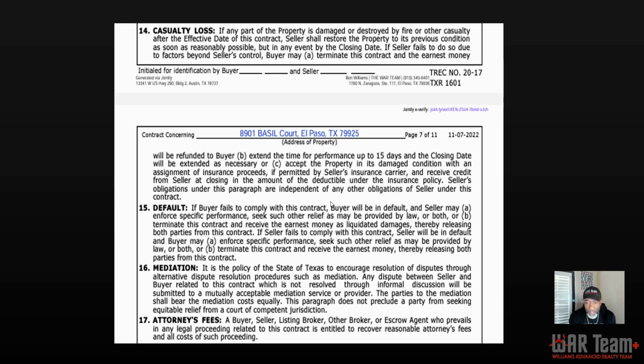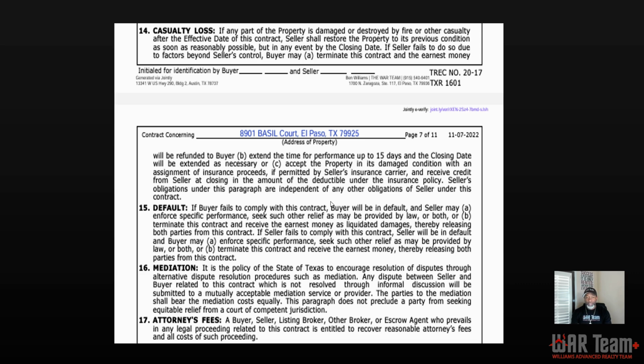Now, I'm going to explain this because a lot of times people don't understand this. Whenever the seller collects the earnest money, it means that both parties are released from the contract.